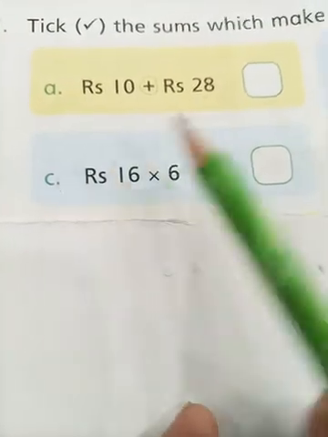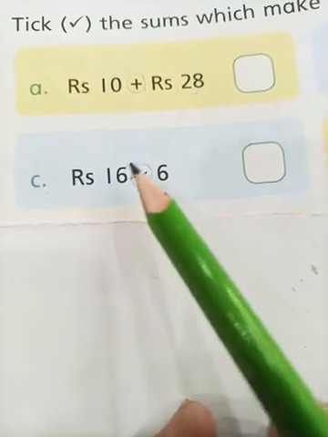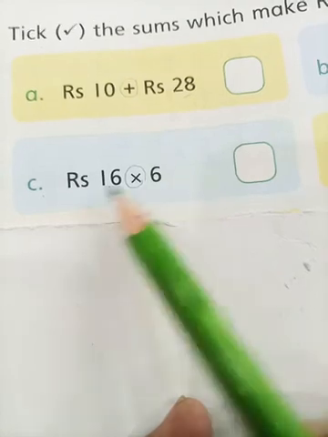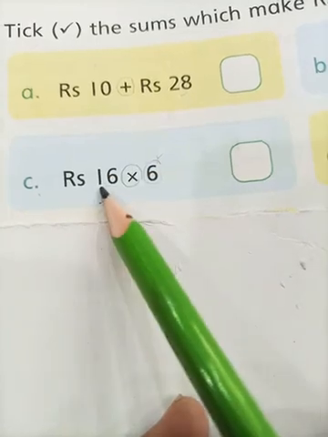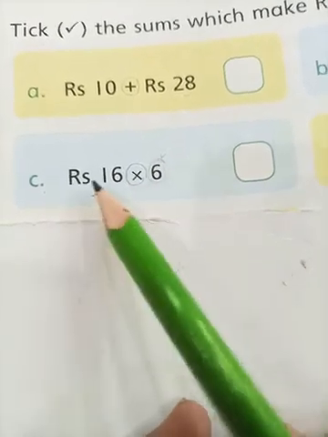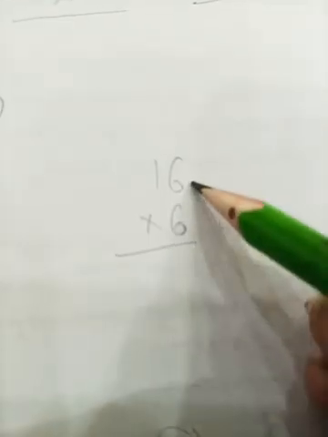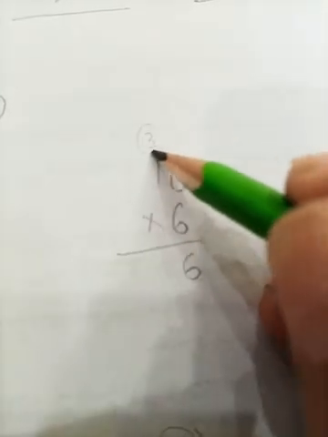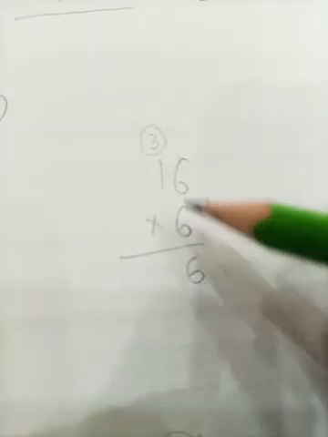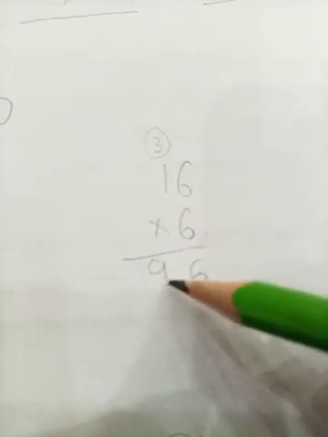In the next part, see, look, here is the sign of multiplication. We are going to multiply 16 rupees with 6. It means that we have 6 children and each of the children has 16 rupees. Okay, let's multiply it. Look at this, students. Here I am multiplying 16 with 6. Starting from the ones column, 6 sixes are 36. 6 is here and 3 is on the tens column. 6 ones are 6. 6, 7, 8 and 9. Now my answer is 96.